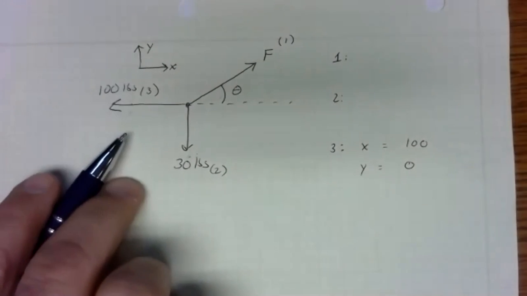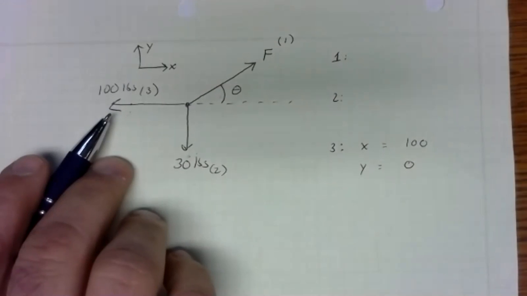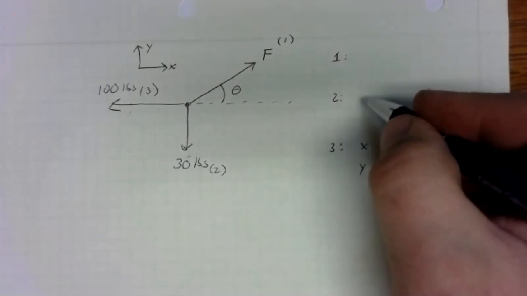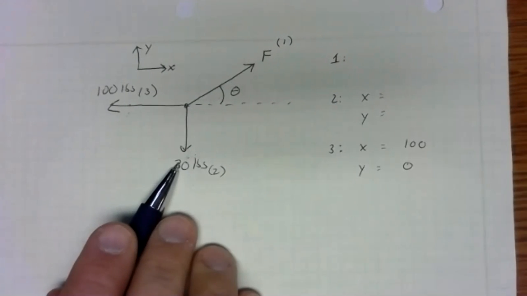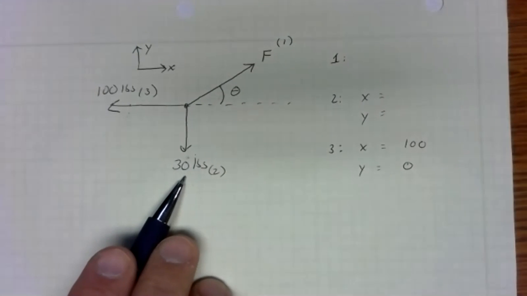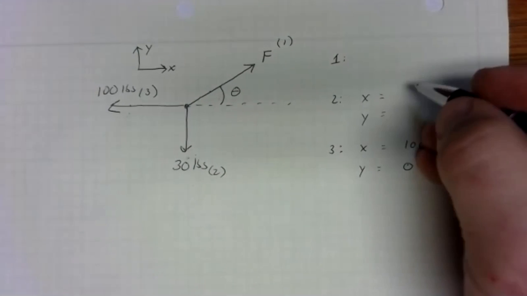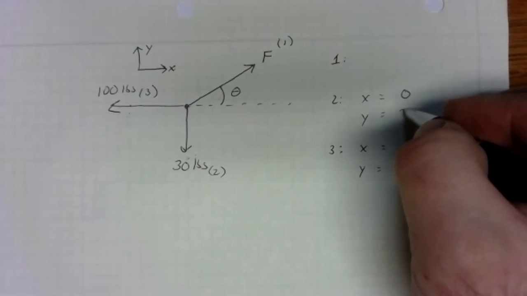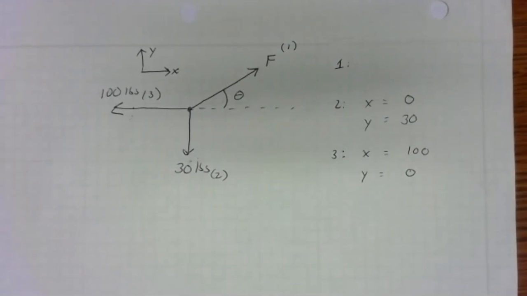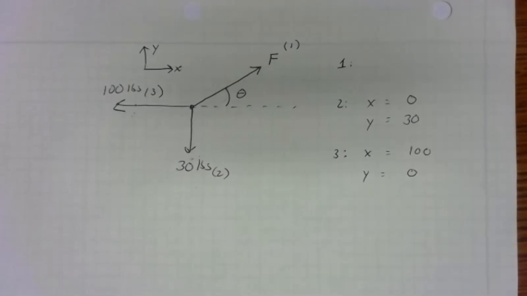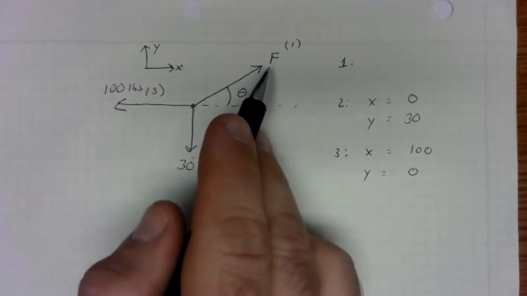It has no Y component, so it's all X. Vector 2, I've got all Y component, no X. So no X component, but I've got 30 pounds of Y. And again, we'll take into account the sign, the direction, when we do our sum. And then we've got